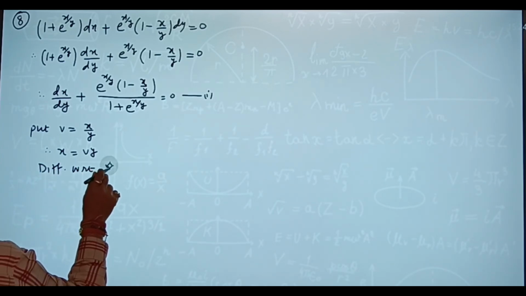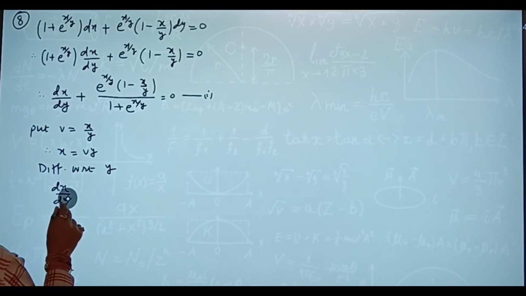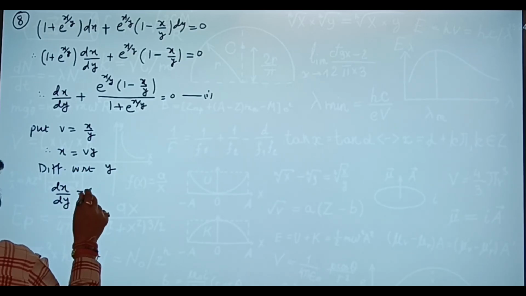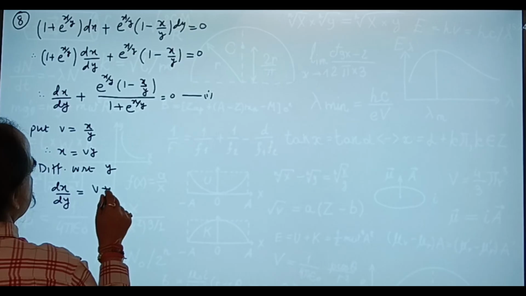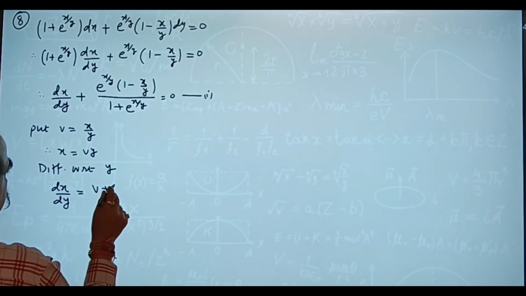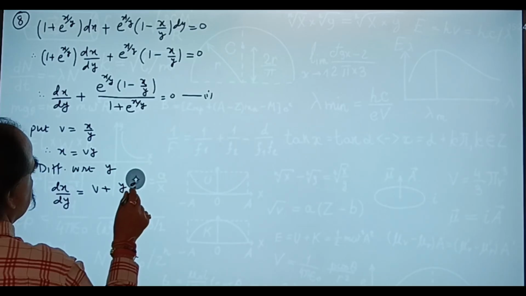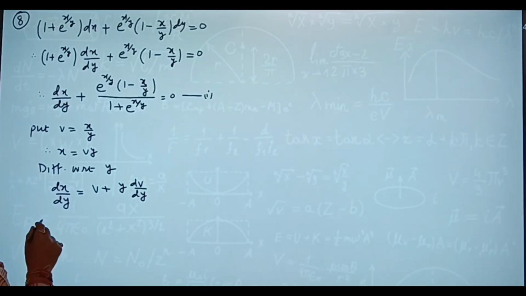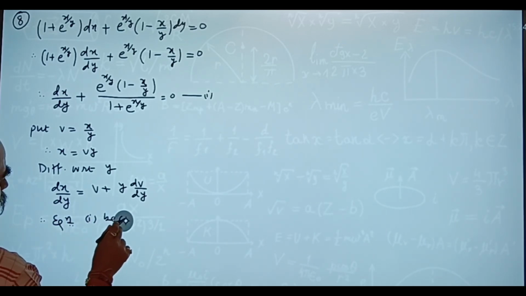Differentiating with respect to y, dx by dy is equal to v plus y dv by dy. Therefore, equation 1 becomes